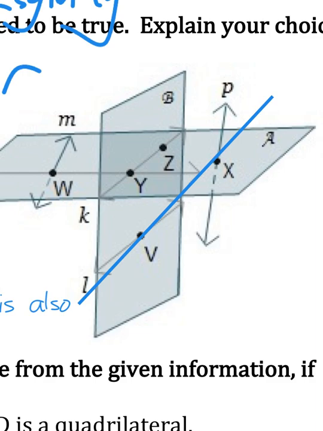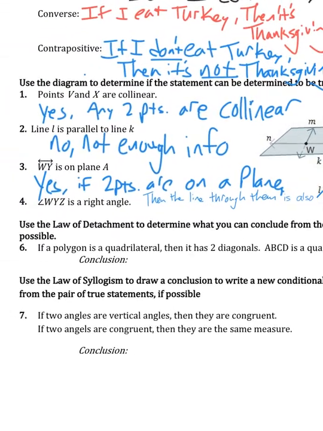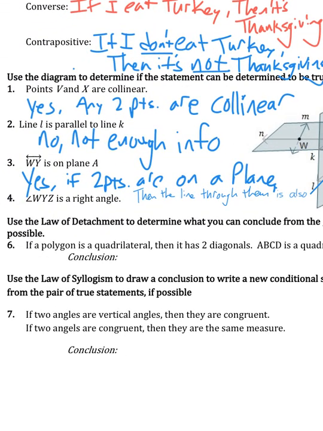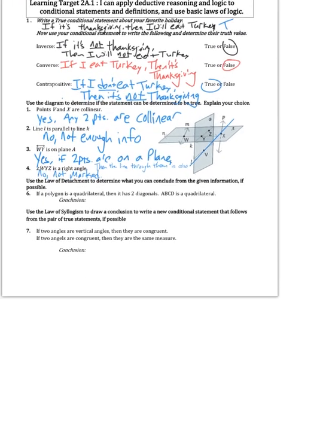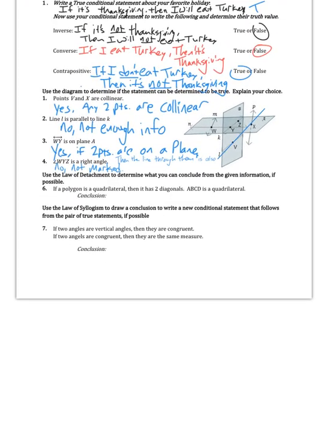And you know, it's kind of laying down, so it kind of looks like it might be. However, if it really was, we'd have to have a right angle symbol right in here. And we don't have one, unfortunately, so it's not told to us, so we can't assume that it is. Okay, so we can say it's not marked, it's not given to us, not enough info would be fine, something like that. All right. So, got to make sure it's marked, or we got to have some postulate to know for sure that it's